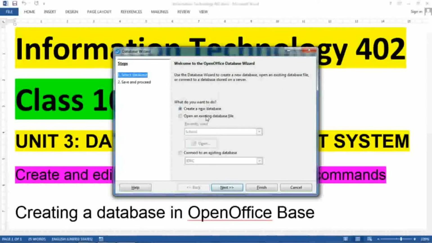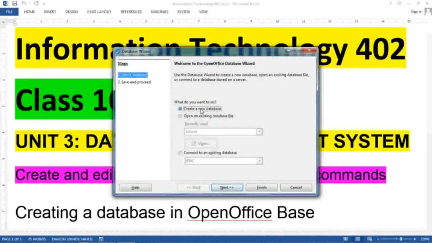If you have already created a database, then you can click on this open existing database file and then click on open, or you can choose connect to an existing database. If you know JDBC, Java Database Connectivity, then you can open that. That option is not relevant for you in class 10 because you don't know about Java. If you learn it, you can open that option. So here simply click the first option.